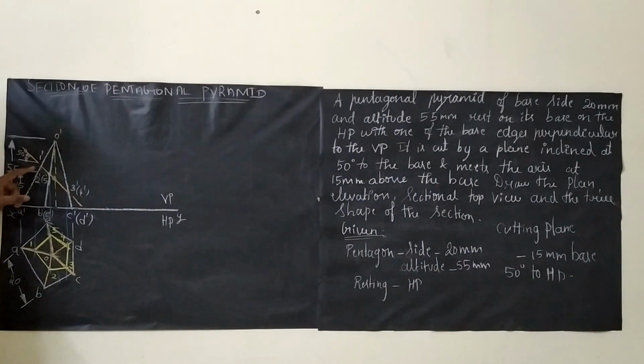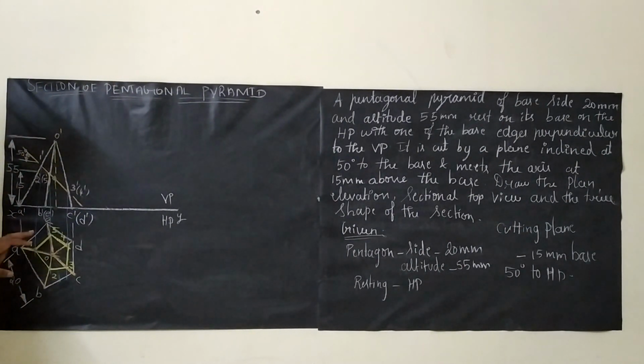Now we have to extend this. We already got the cutting points, right? 1 dash will be lying between O dash and A dash. Try to bring this point vertically downwards. If you bring it vertically, these blue lines can be avoided. You can also use your scale and draw. If you keep the scale here, you can easily get a point here. So there is no need to draw these extended lines, and if you avoid drawing them, your diagram will be even neater. So 1 dash lies between O dash and A dash. When you bring it vertically down, 1 will lie on O to A.